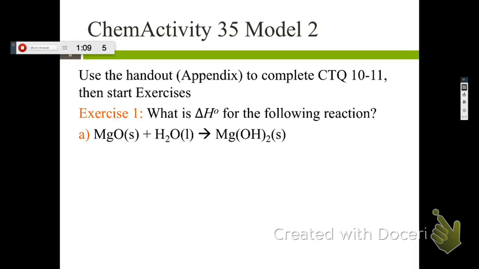It's going to be exothermic. And it would be negative because